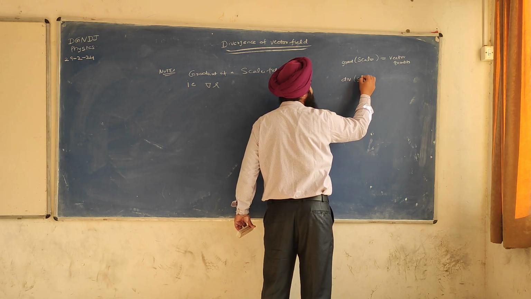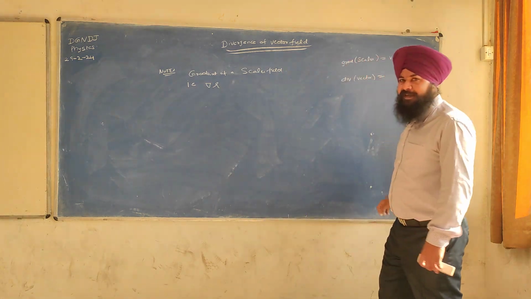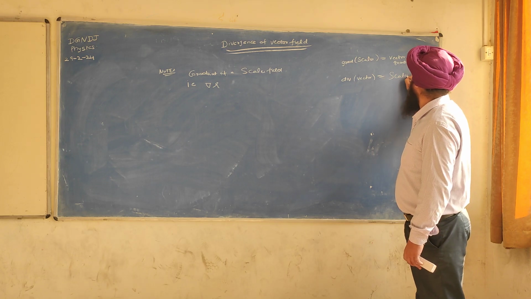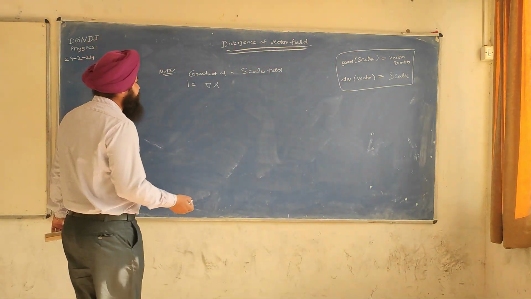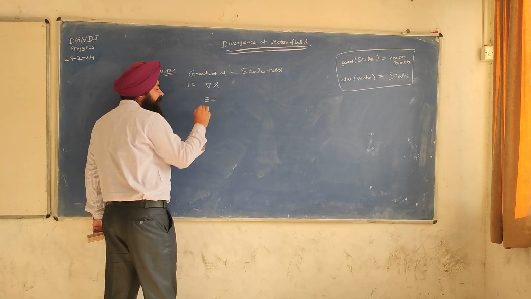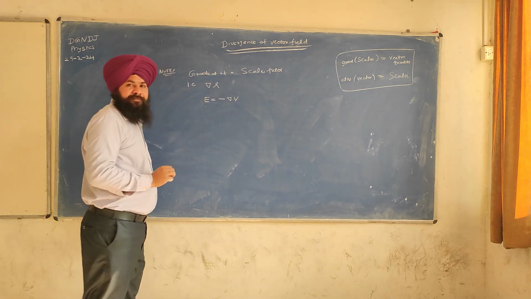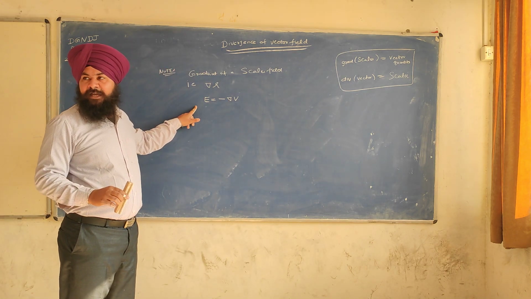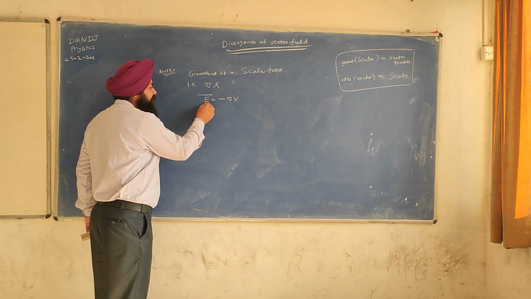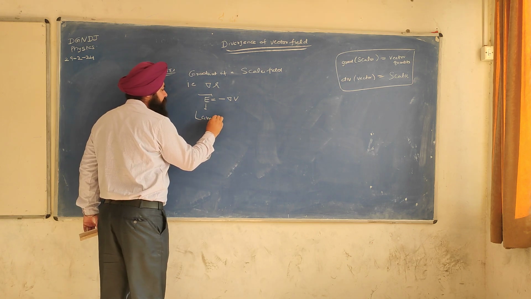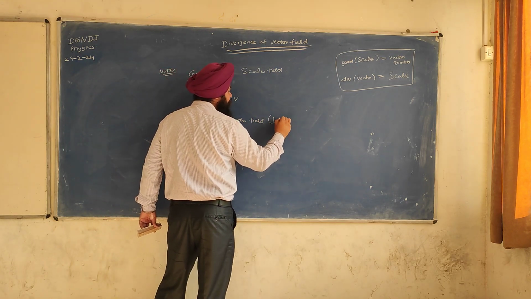Divergence of a vector gives me a scalar quantity. Now see, if any vector can be expressed by the negative gradient of a scalar potential, for example the electric field expressed as a negative gradient of a scalar potential, then this electric field is a laminar vector field. That is called an LVF.